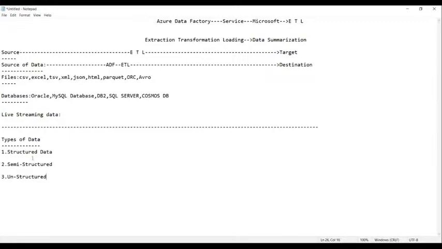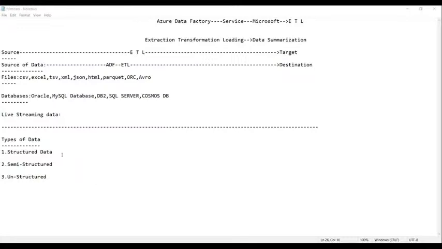So these are the three types of data we can have: structured, semi-structured, and unstructured. Am I right, everyone? Okay, guys, so now let us try to understand what exactly structured is, what is semi-structured, and what is unstructured.